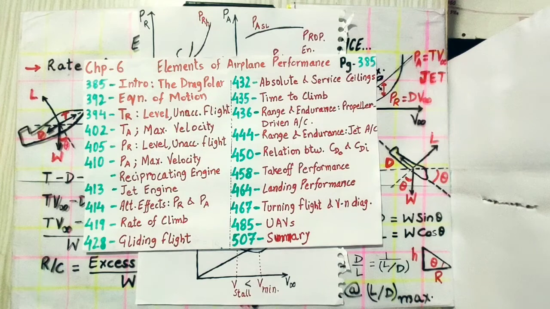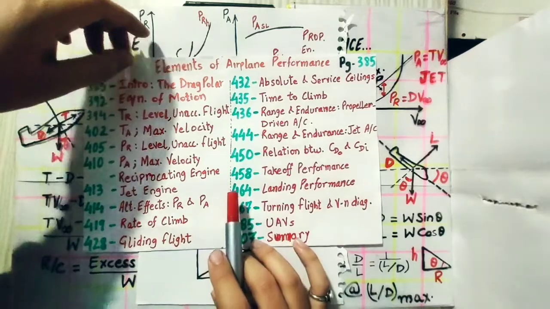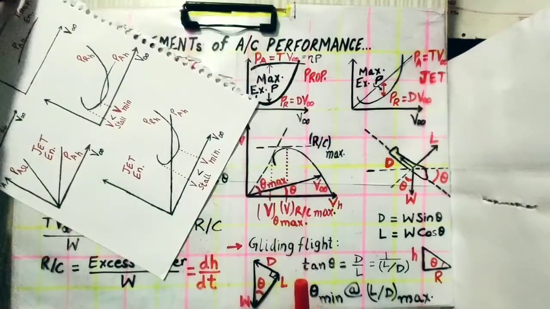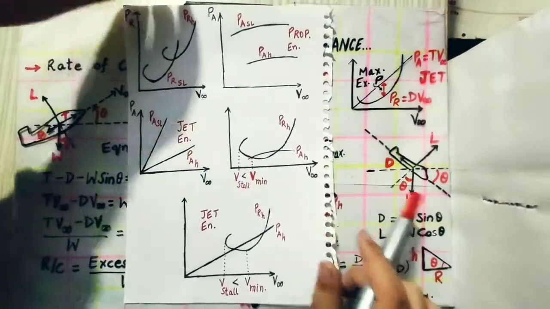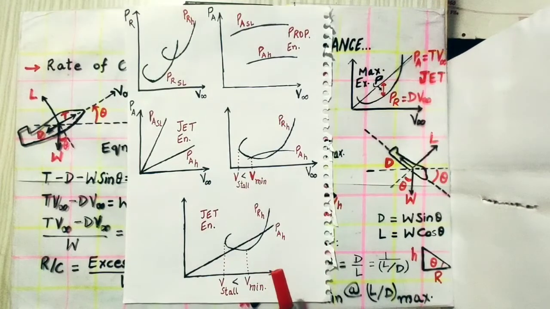Hola amigos, so let's continue with rate of climb and gliding flight at page number 419 and 428 of the book we are referring, that is Introduction to Flight, with chapter 6 we are talking about over here. And just before that we looked at the altitude effects on power required and power available, which we did